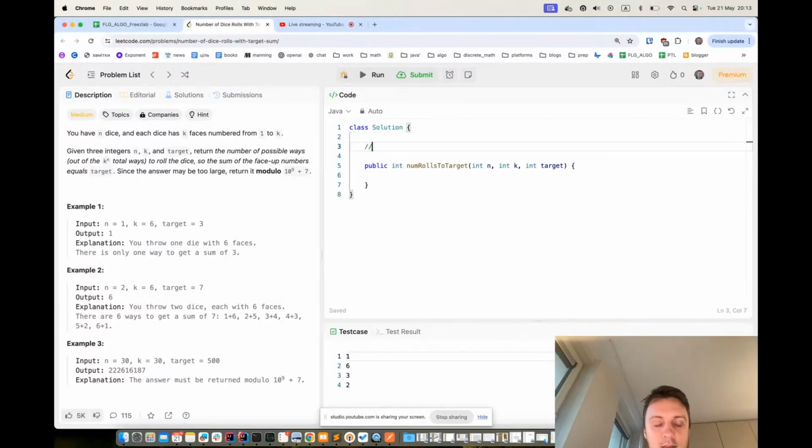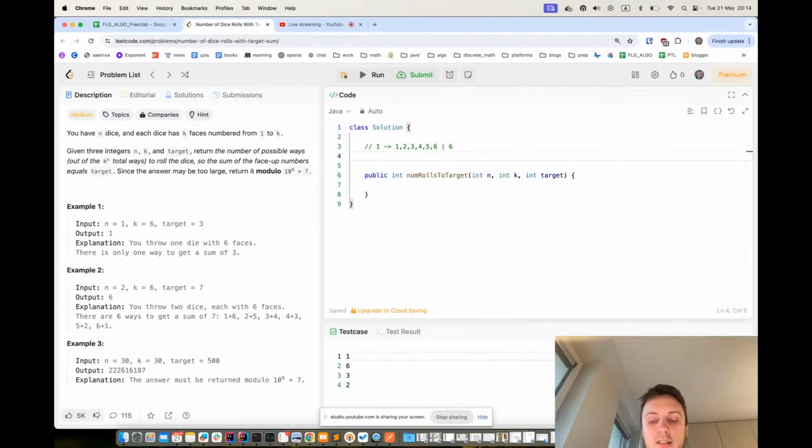And so, for example, if we have one dice, we can have, let's say, k equals 6 faces, and our target is 6. So we can get only one possible way of getting this. But if we have two dice, for example, and we have 6, then we can get, for example, 3 and 3,